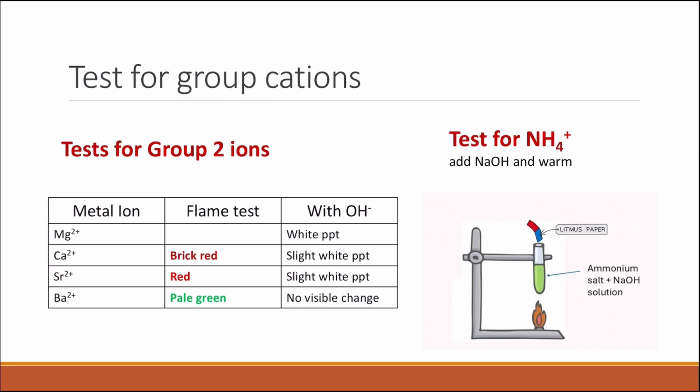Remember the flame test for the group 2 elements, or ions. So we only need to know these three: calcium, strontium, and barium. Calcium will give you a brick red flame, strontium will give you a red flame, and barium will give you a pale green flame. The test with sodium hydroxide: magnesium is the most insoluble, so it will give you a white precipitate. Barium is the most soluble for the hydroxide, and there will be no visible change. Test for the ammonium ion, you need to add sodium hydroxide